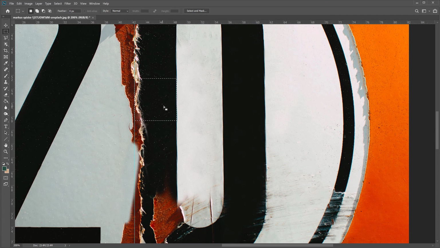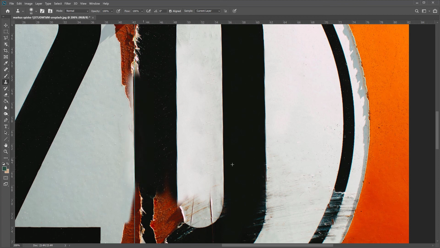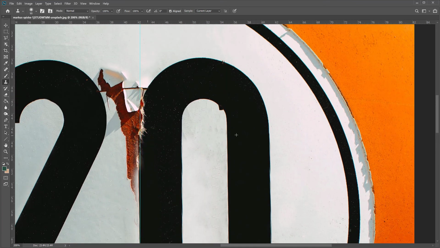So now you know where your left line should be. So take the clone stamp again, copy from the left edge, and just place it onto your guideline and go back up like this. So I'm just rushing through this, but